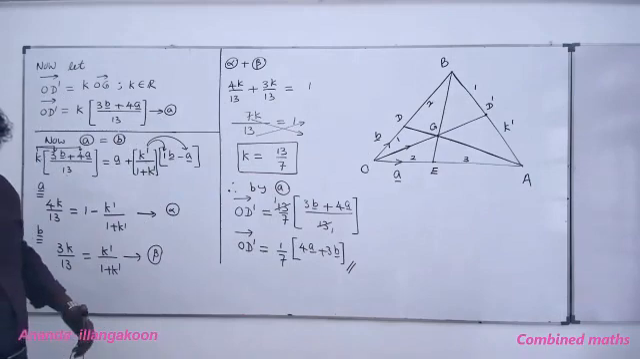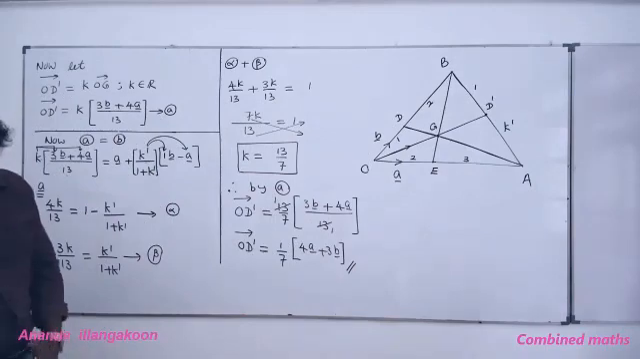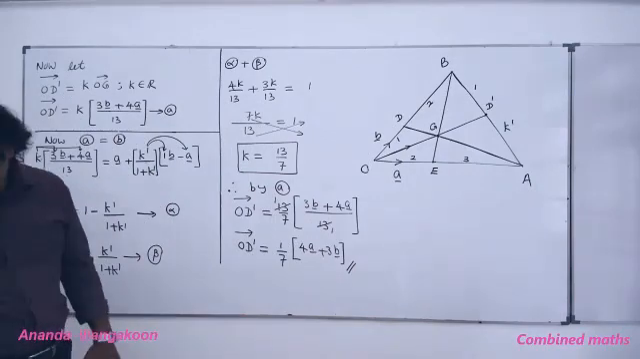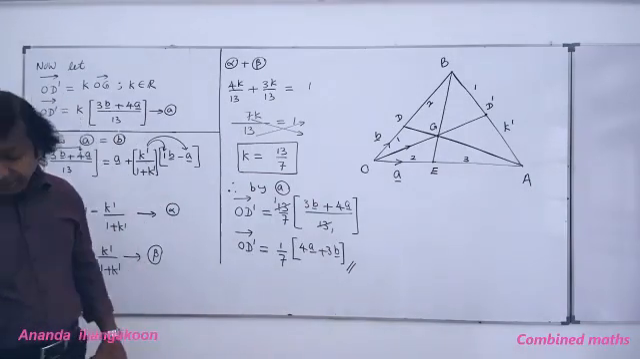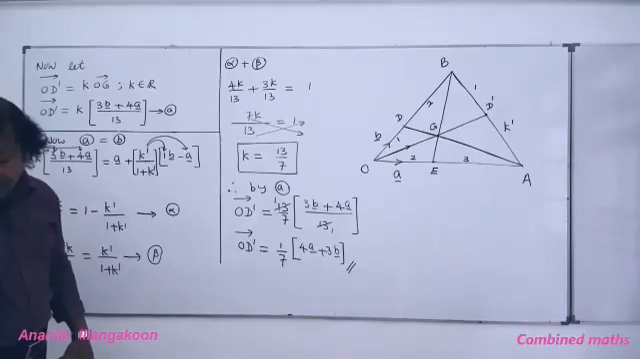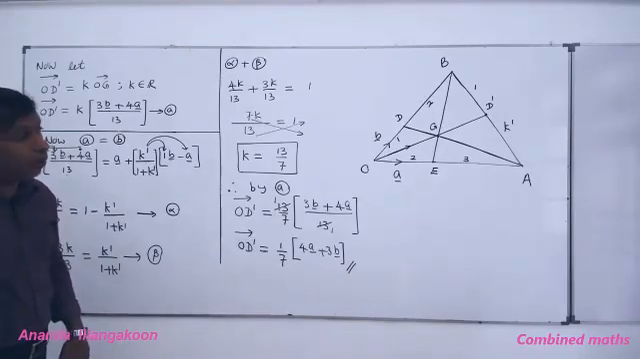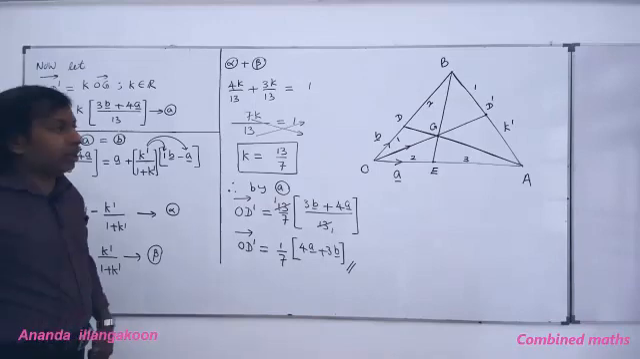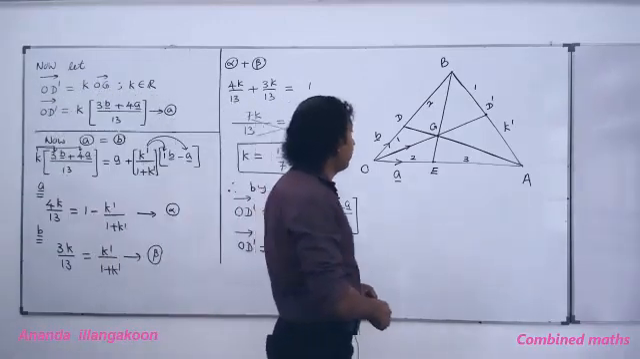Another part asks: hence, find OC vector such that OACD dash is a parallelogram. OACD dash is a parallelogram. Right, now when I complete that OACD dash parallelogram,